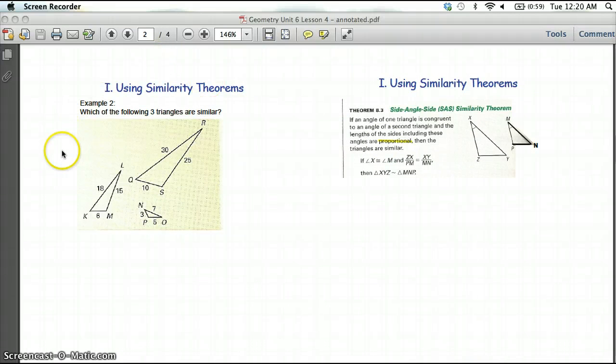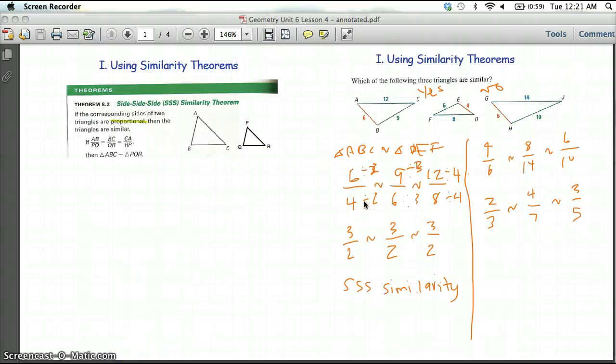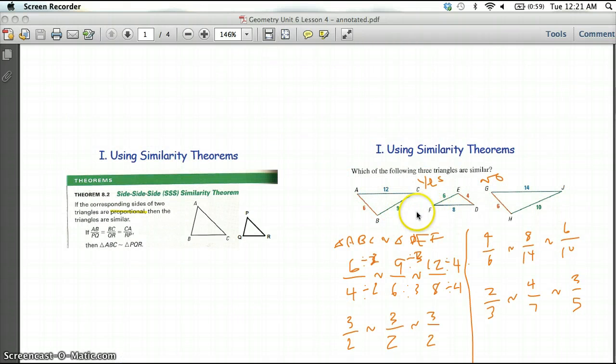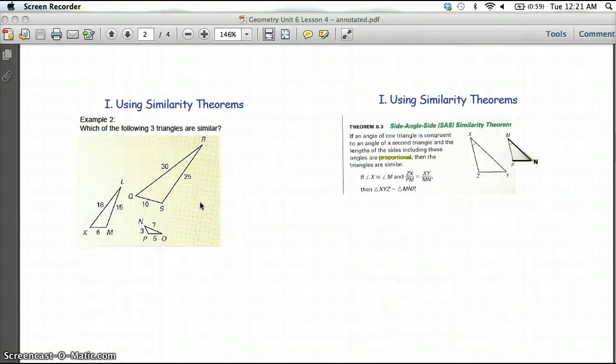Now, go ahead and do example number 2 on your own. And once you're finished with that, we can go over to the side-angle-side similarity theorem. If an angle of one triangle is congruent to an angle of a second triangle, and the lengths of the sides including those angles are proportionate, then these triangles are similar. Up here we proved that two triangles were similar because of the side-side-side similarity theorem. Now we're going to prove similarity based on the side-angle-side similarity theorem. So we have to have at least one angle that is the same, and then two corresponding